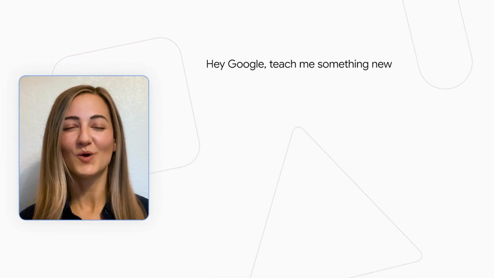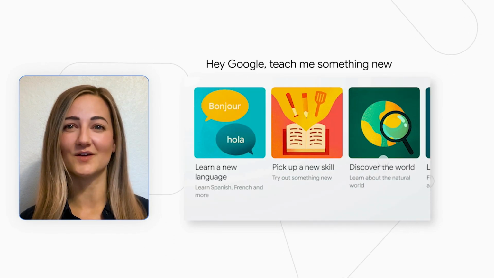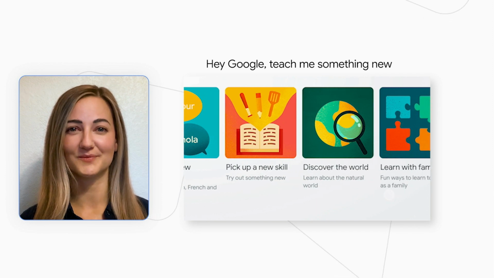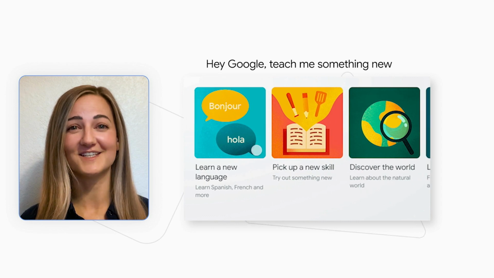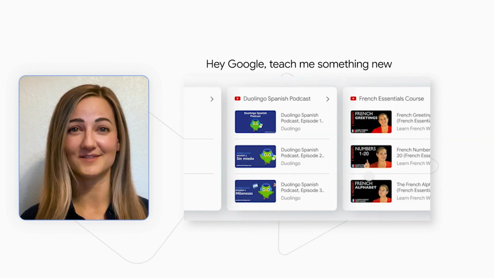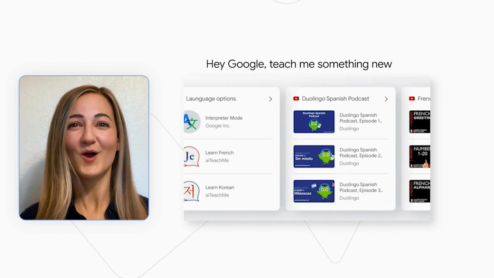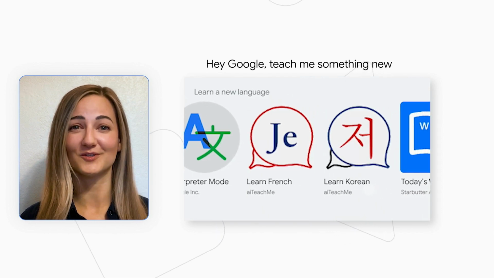When users ask Google to teach me something new, we'll show a variety of learning topics to explore. This visual discovery will be available on mobile devices and smart displays in English to start. We're starting with 4 learning topics. The first is learning a new language, a natural fit for conversational voice actions. From language lessons to conversational partners, we invite the voice community to build innovative new ways to learn languages powered